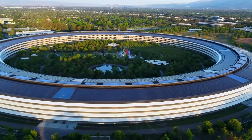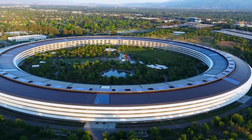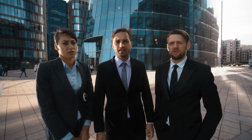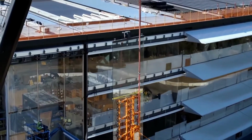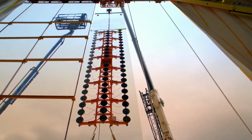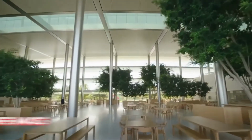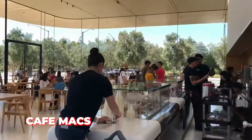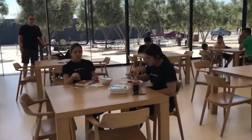In reality, the structure was meant to be as open as possible to encourage staff cooperation. According to Apple, numerous staff expressed their discontent with the open working atmosphere in letters to technology journalists. In addition, they were dissatisfied with the lack of privacy, and the ease with which glass doors may be walked into when distracted. Ring also features Cafe Max, one-of-a-kind 58,000 square foot eateries allowing staff to communicate and work together even